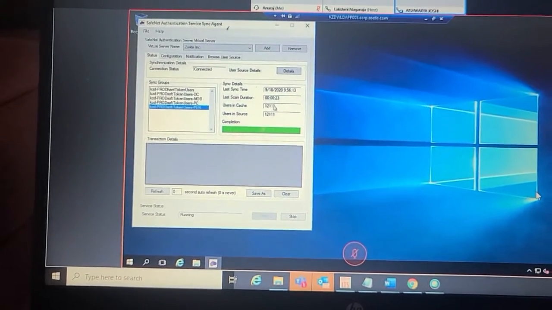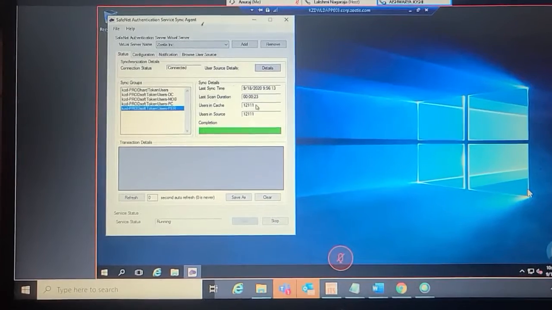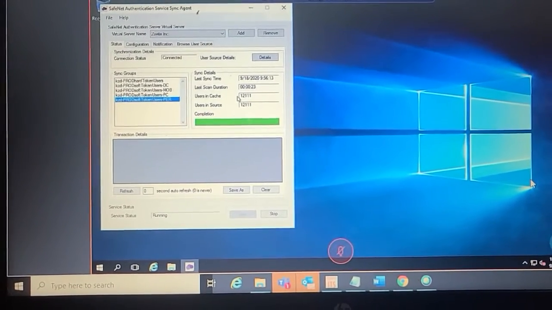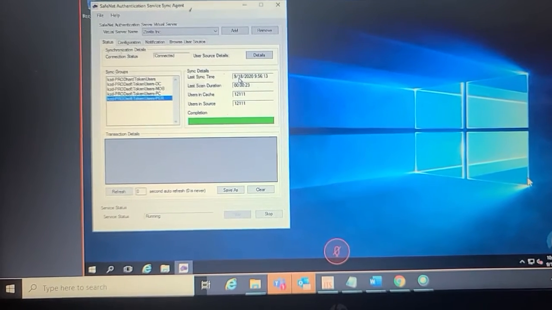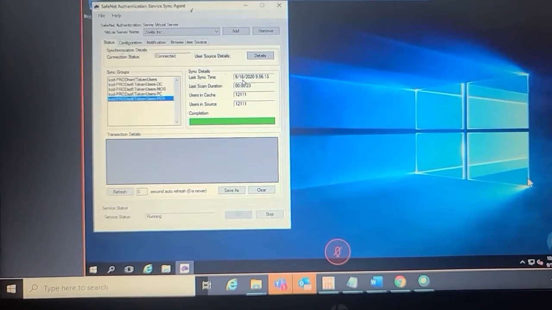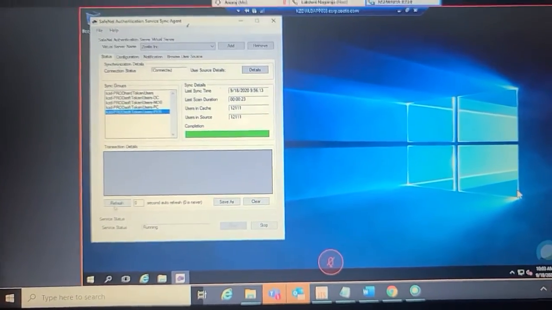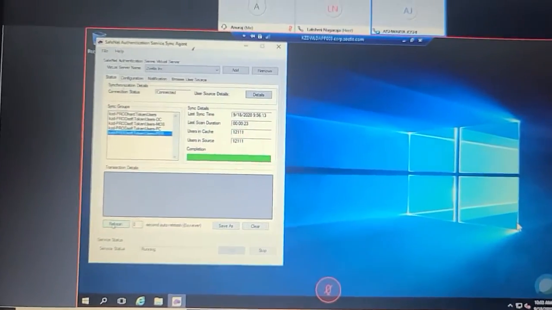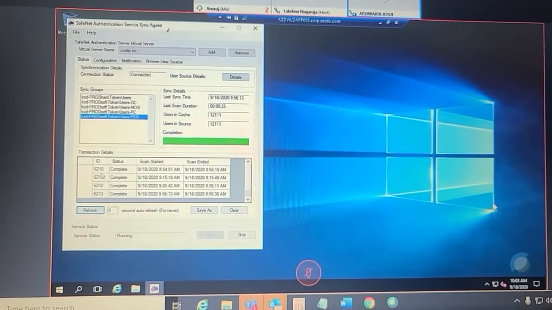111 users are there, meaning these many accounts are there in the SaaS portal. These many users are there in the SaaS portal from Xertis. And this LDAP sync should happen every 20 minutes. Actually, here also it should display the record. Let me refresh it. Yeah, here you will be able to see.